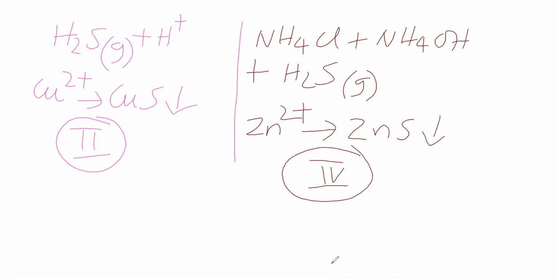Now see, group 2 cations precipitate as sulfide for which we are passing H2S gas. Group 4 cations precipitate as sulfide for which we are also passing H2S gas. So here the reagent is H2S, here also the reagent is H2S. Here the cation, group 2 cation